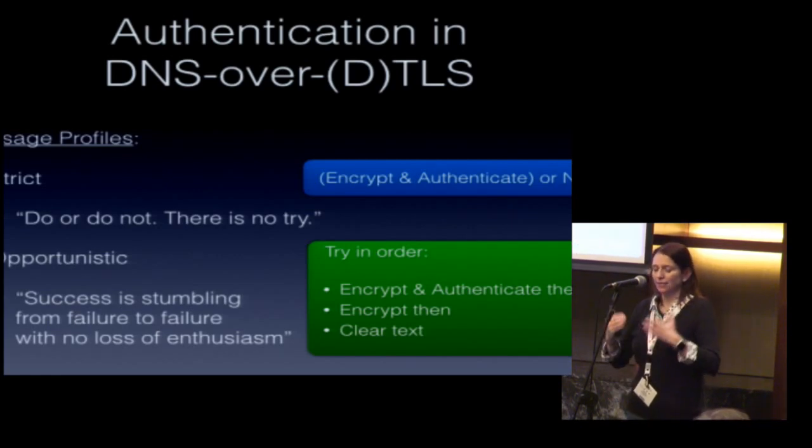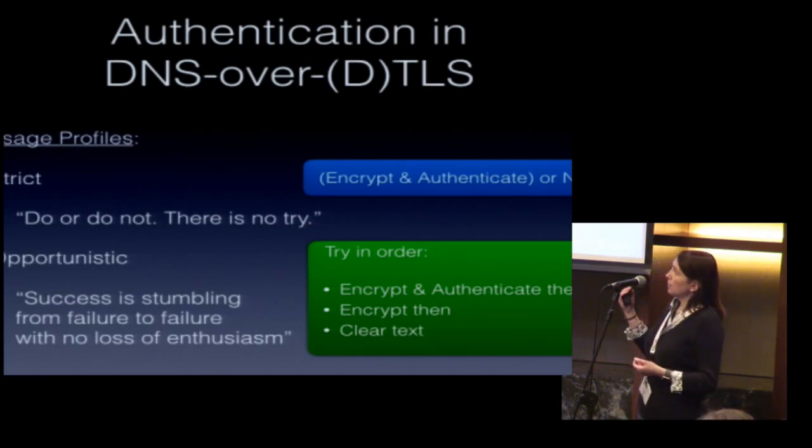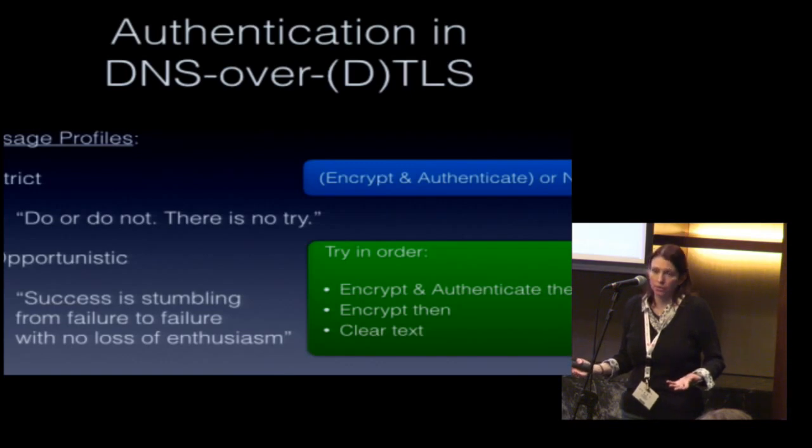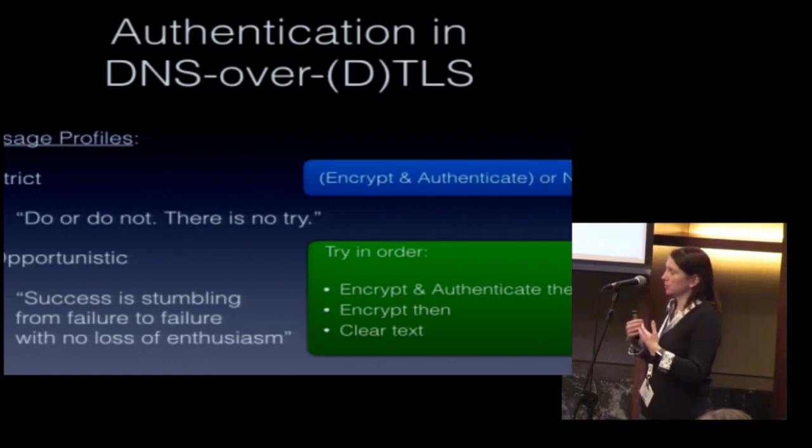And again, that's just a usage profile for users to make, depending on what they consider important in terms of exposing their DNS queries when they use the internet. So hopefully this is something where opportunistic is a stepping stone to everybody being enabled to do strict, and it's not an issue. But that's something for us to determine as we roll this out.